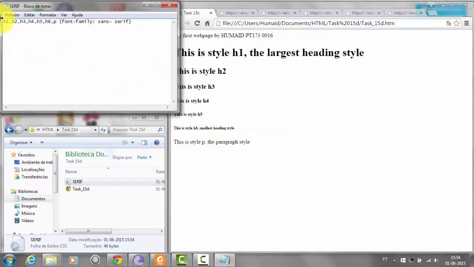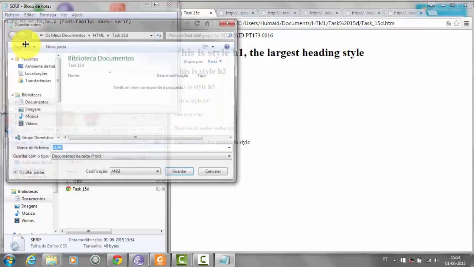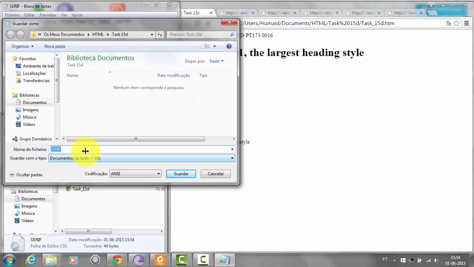And now I will save it. Save as sans-serif.css.